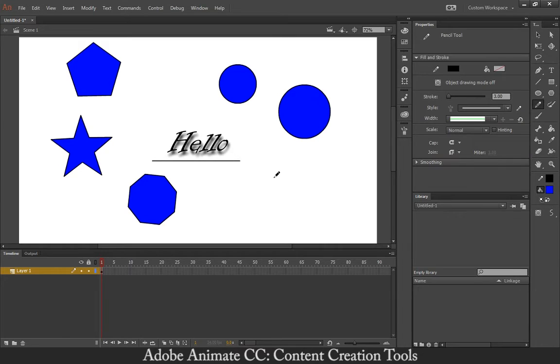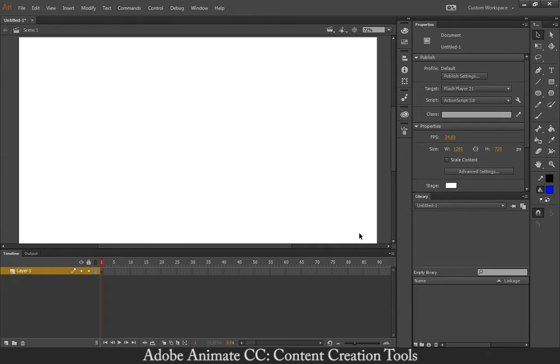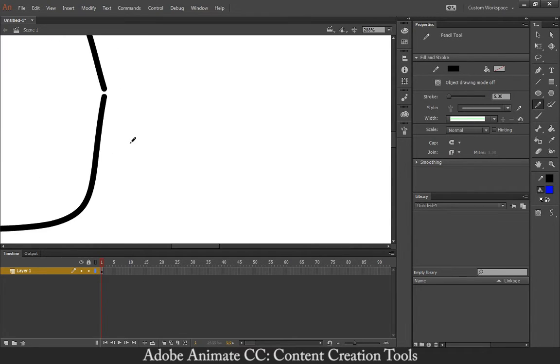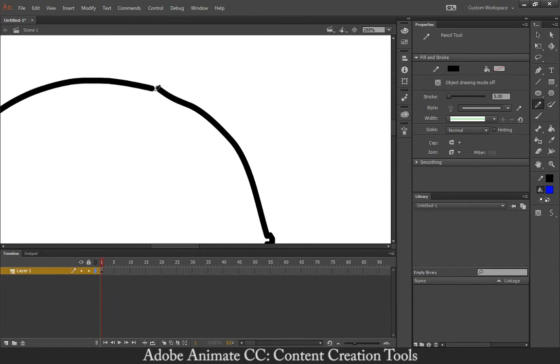Now I've also got my pencil tool. My pencil tool, before I push forward, I'm going to delete all the stuff on the main stage. And my pencil tool is very interesting. So the pencil tool, I'm going to keep it at 3, let's make it a 5 thickness just to make it a little bit thicker. Now the thing to keep in mind with the pencil tool itself is that when trying to create filled in shapes, let's just say the pencil tool is a really tricky tool to learn how to use right off the bat. So I'm going to say something like that, and then